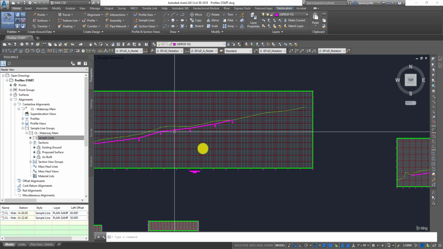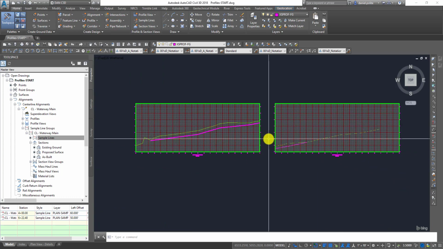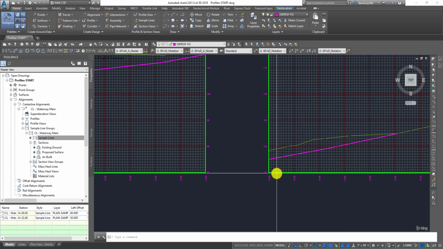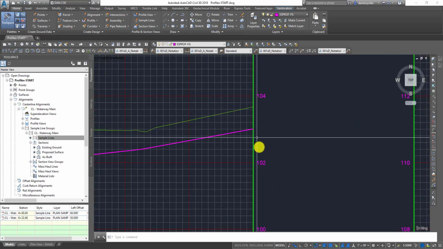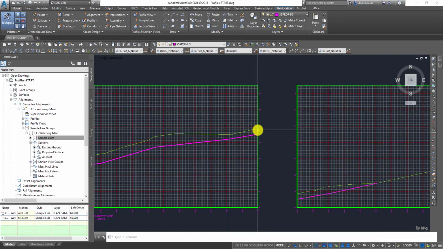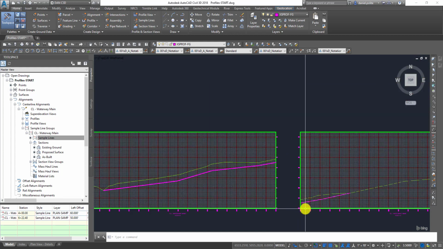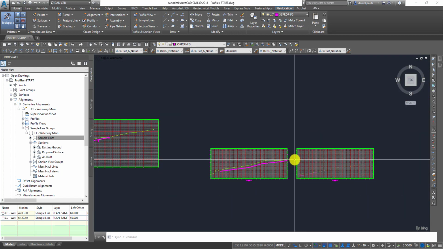I did everything in one profile view here, but if it was too long, I could split that. Now, if I wanted to continue this elevation, this elevation basically starts at 102. I want to start this one at 102. That's where it's at here. So if I want to match those up,